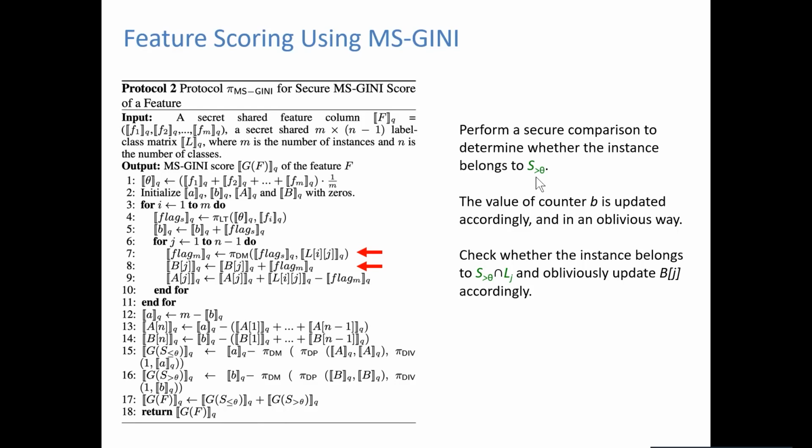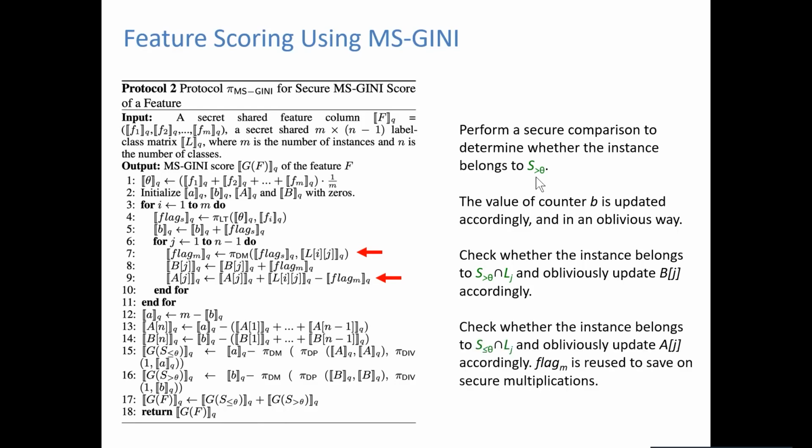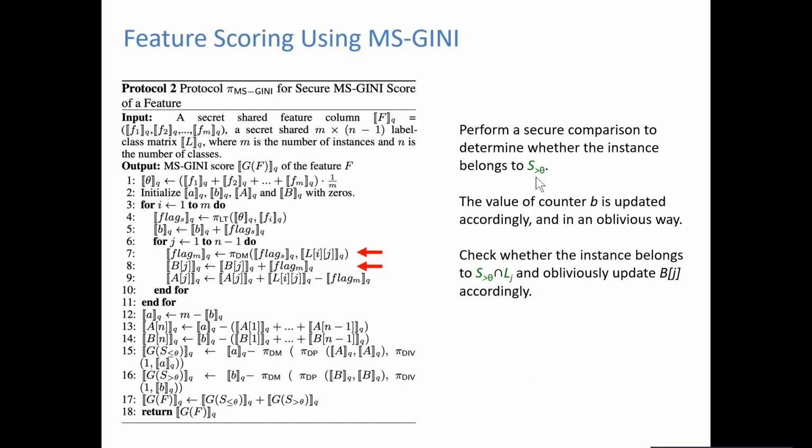And then we get a flag that indicates if it's part of this intersection of S bigger than theta with L_J. And if that's the case, then we can just increment the relevant value of B_J, because then we know that it has a feature value bigger than theta and it's from class J. So let's increase this value here.